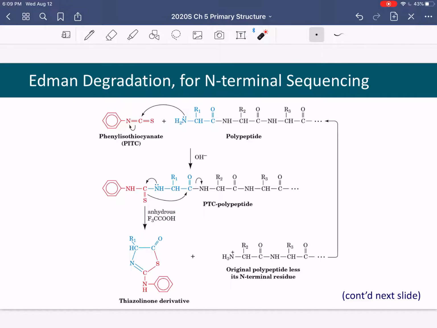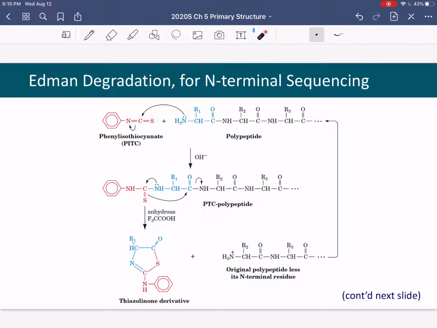If we look at the reaction for Edman's reagent, and for those of you who are chemists, you might enjoy understanding the nucleophilic attacks that are involved that give you the products, and that's why I show it here, not because I want you to memorize it, but just to give you a chemical rationale for why this works. Okay, so what you're seeing is the nucleophile is the amino group. That's why it works on the amino terminus. It has a free amino group, which attacks the carbon here in the